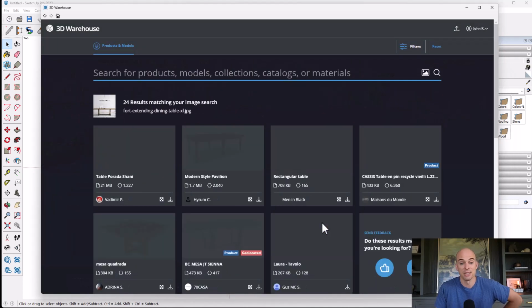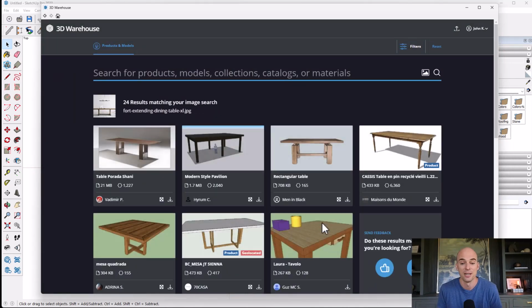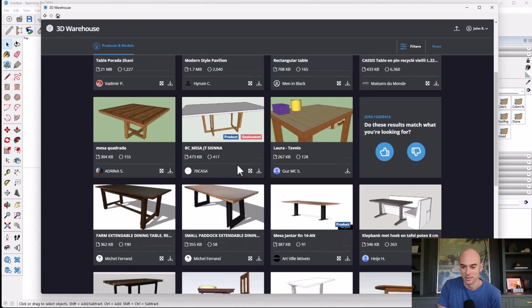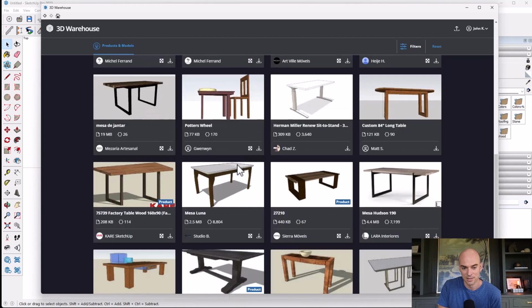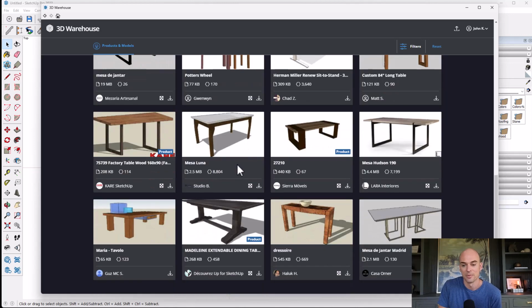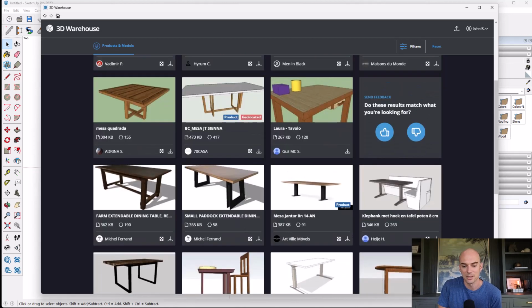And now it's searching. It's using AI. It analyzes the picture and it tries to come up with the best match. So as you can see, not a bad run here. We've got some dining room tables. We've got a modern style pavilion. So clearly that's not accurate, but we can scroll through here and see, it looks pretty good. But going back to the browser,